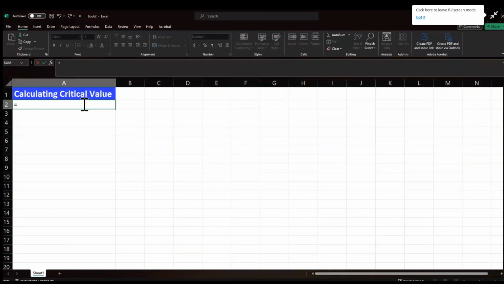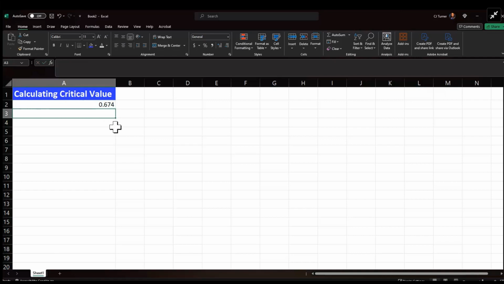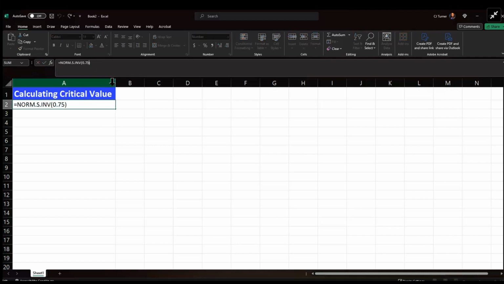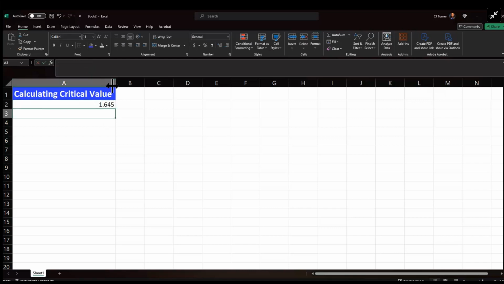So you can do equals norm.s.inv, and then quartile 3 is 75, so you'd put 0.75 here, and that gives you 0.674. Then it's asking for the 95th percentile, so then you would try again, and you would put 0.95. So our essential z-scores are 0.674